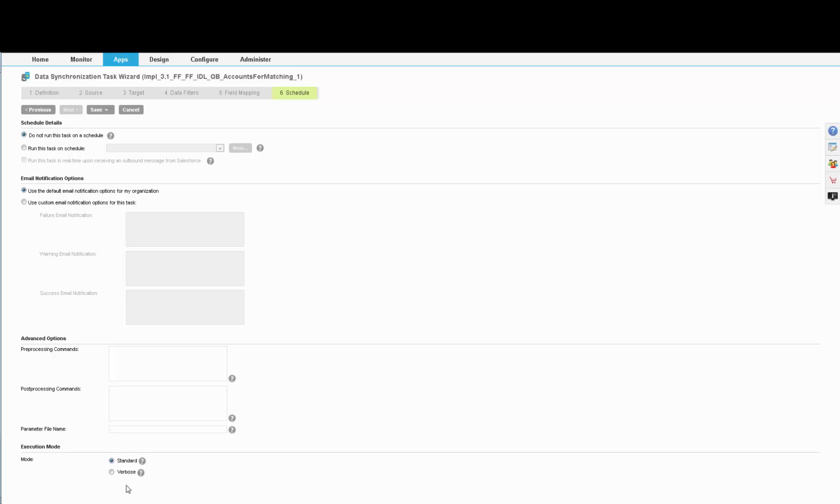You can do verbose logging, you can pass in parameters, you can do pre-processing and post-processing commands, you can email a failure notification, then you can assign a schedule. Some control on what you can set up. Or you just do not run it on a schedule and it's just manual runs. So that really is my overview of the 6-step wizard, but I want to go back to